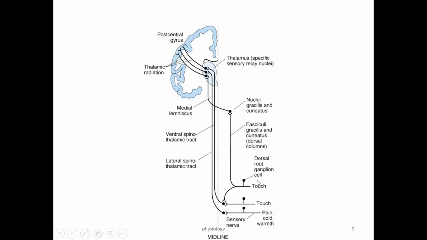This diagram we already learned in the previous lecture. This is the dorsal column pathway: first order neuron, second order neuron, and third order neuron. The first order neuron goes from the receptor to the dorsal root ganglion, then to the medulla. This is the second order neuron, and in the medulla they cross immediately in the dorsal column pathway, and then enter the somatosensory cortex area. That is the third order neuron.